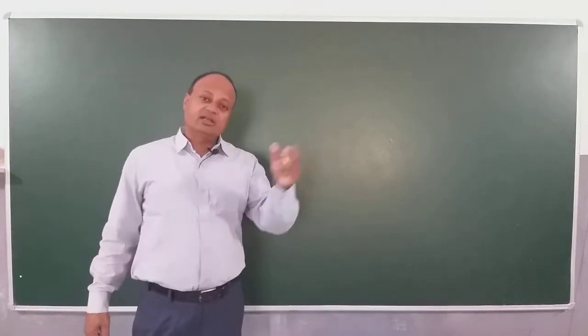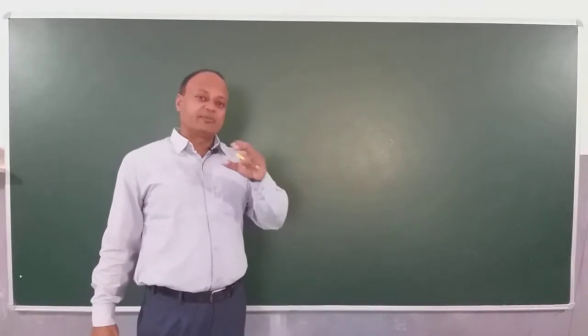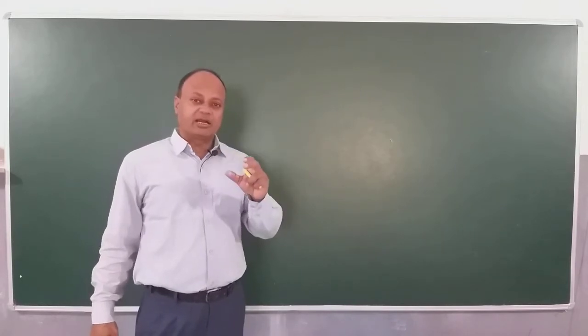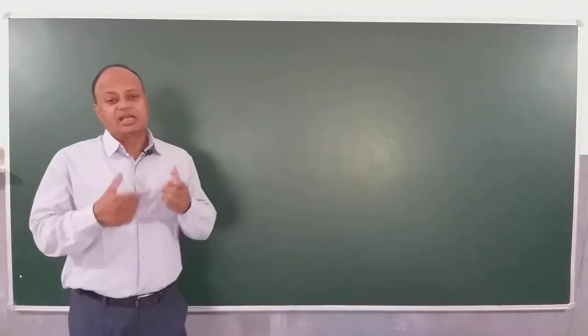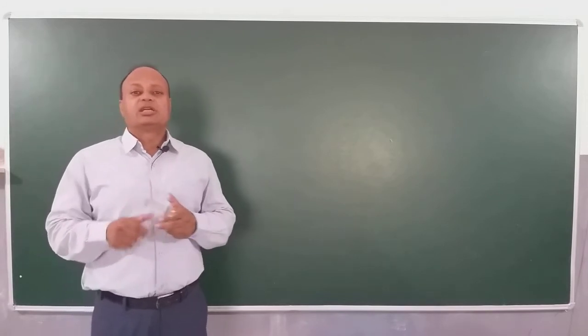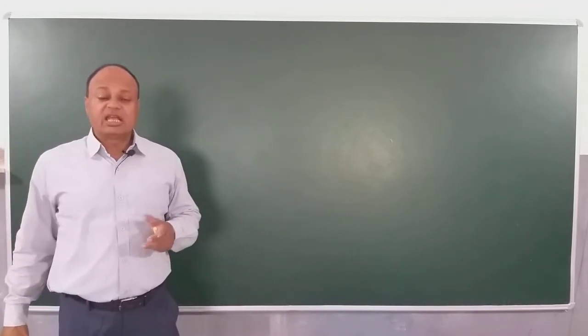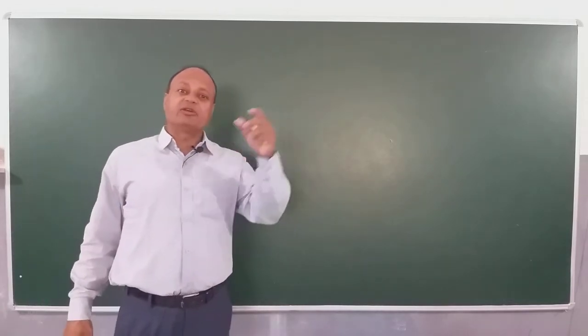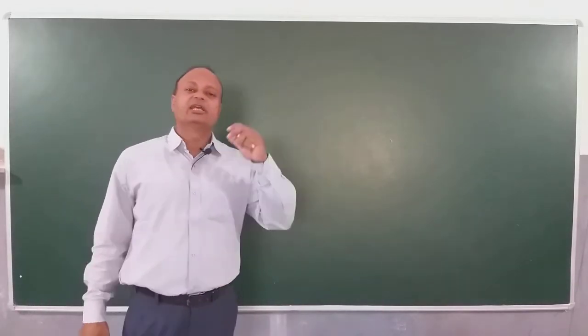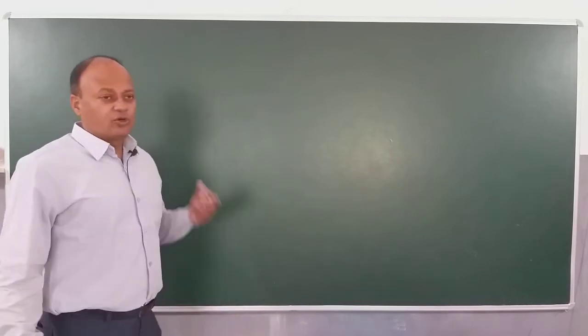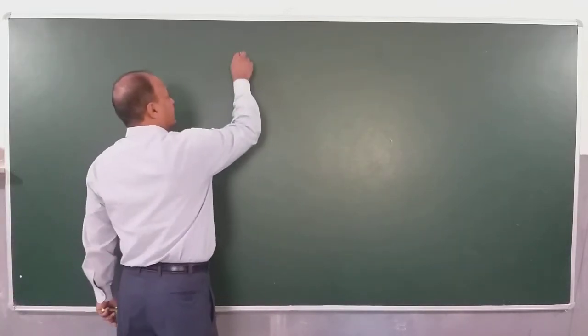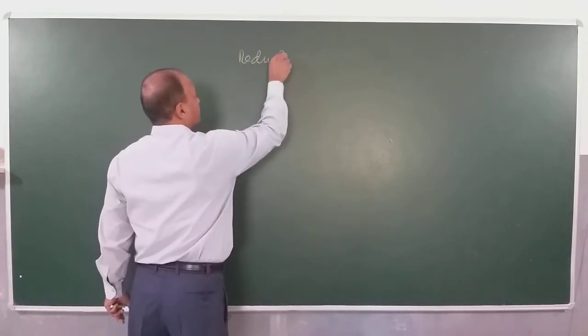Because whenever I move any metallic block or metallic bar in a magnetic field, there has to be a change of flux, and whenever there is a change of flux, we are going to have eddy currents, and eddy currents will have all kinds of effects. But eddy currents are not always unwanted. We have some applications also. Once again, we will see their applications in the end. So, reduction of eddy currents, how can we possibly reduce them?